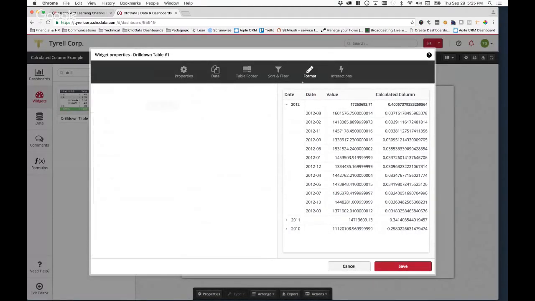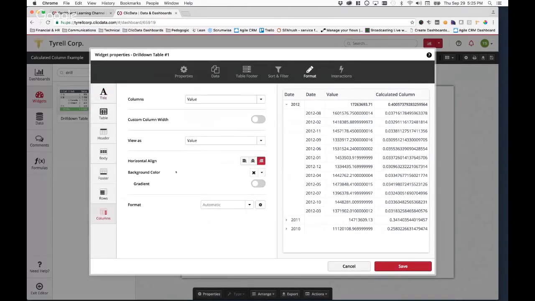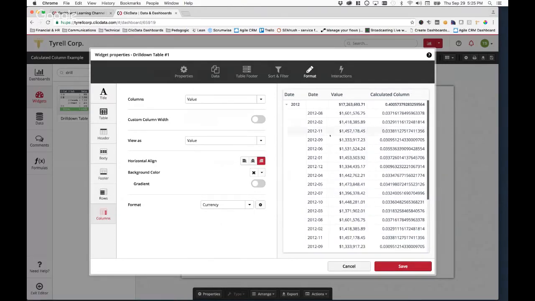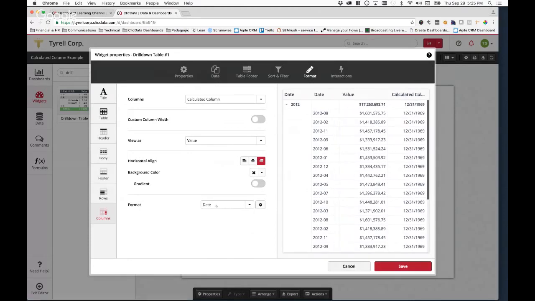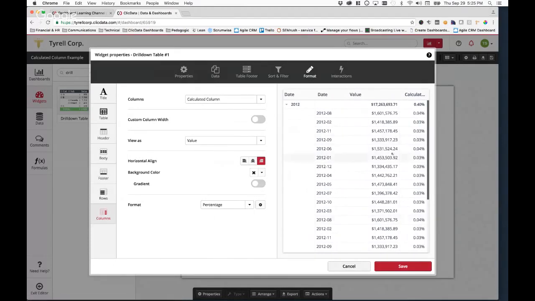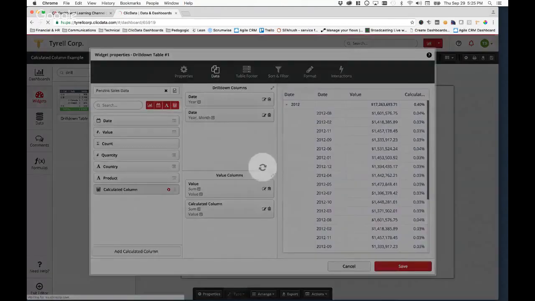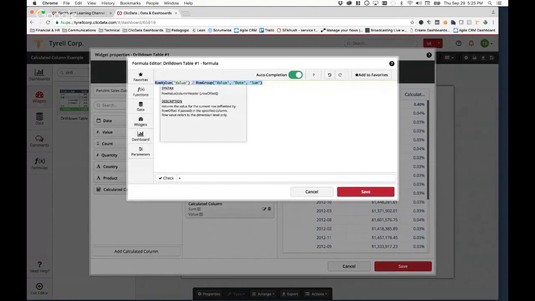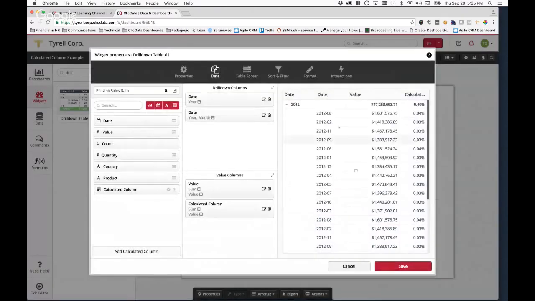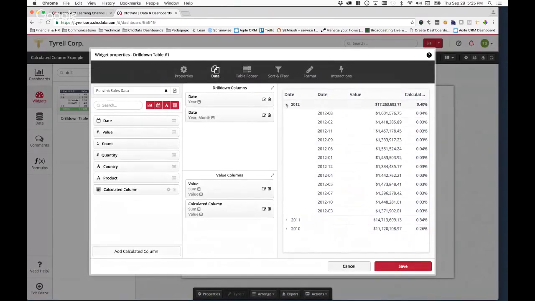I'm just going to format the numbers to make them a little nicer. I'm going to the column of value and put it as a currency. And I'm going to go to the calculated column here and put it as a percentage. Oops, not a date, a percentage. All right. So again, going back to the data, you can have contextual calculations. These are contextual because they are dependent on which row it's calculating in, and it's basically just adding the whole total and dividing that by the old total.